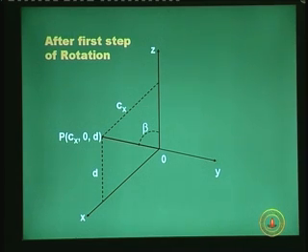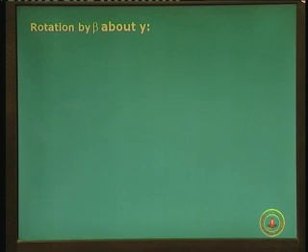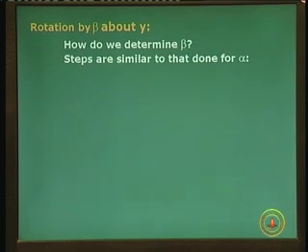In fact, it is done almost in a similar manner. Since OP is a unit vector, this length will still be the same, and since this is Cx, obviously this value has to be D. The D value which was here on the zx plane, this projection of OP on the zy plane, is now nothing but the z coordinate of OP after the projection, because the root of c square plus d square should be equal to 1. So, what is the second stage of rotation? Rotate about the y axis by an amount beta. And how do we determine beta?